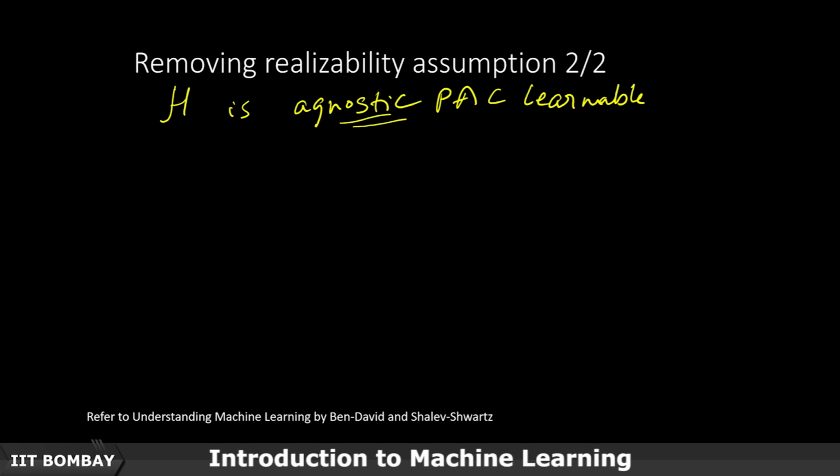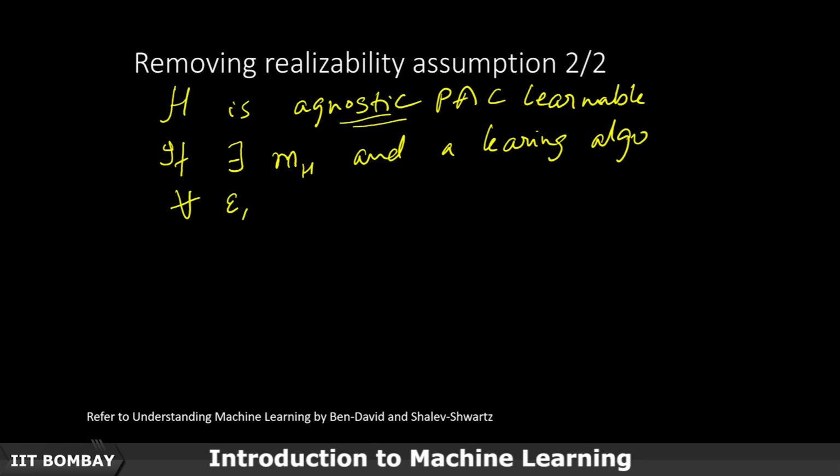It is agnostic PAC learnable if there exists that same function m_H, a similar function m_H, and a learning algorithm such that for all epsilon and delta belonging to (0, 1), and for all D over X and Y, if we draw enough samples, then